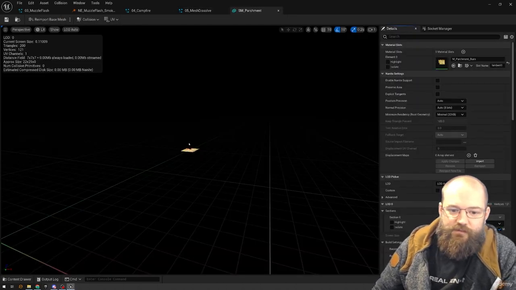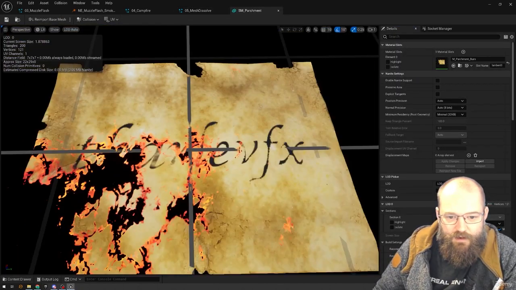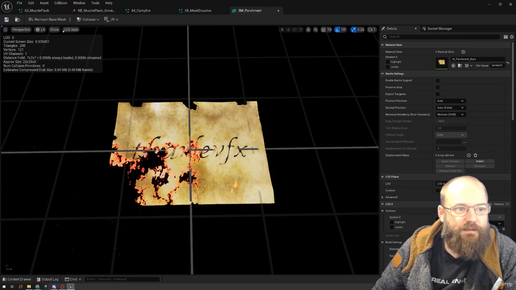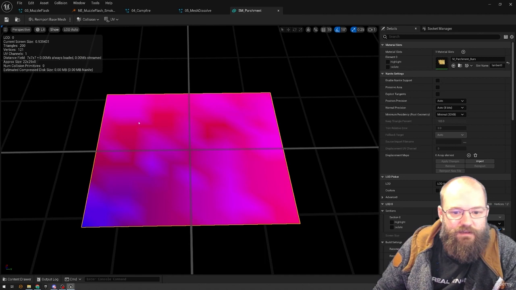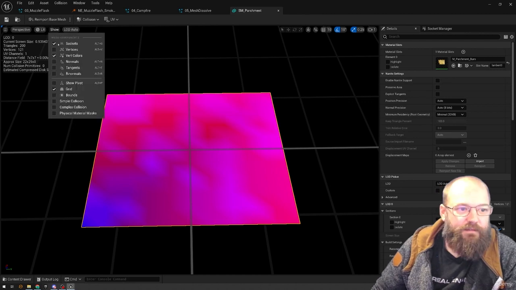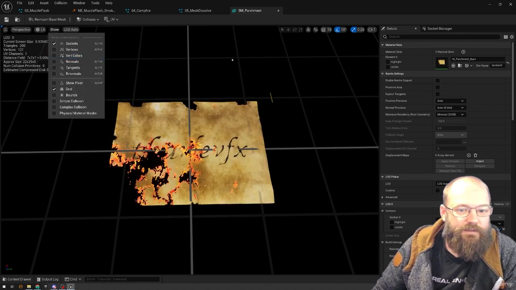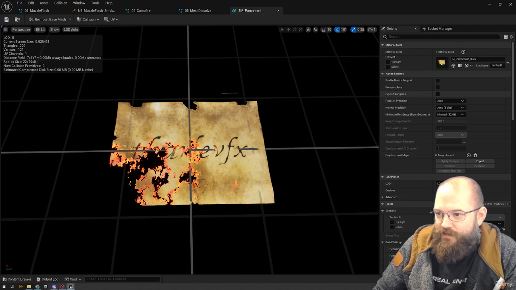It's a custom mesh, SM parchment. It has a material assigned to it, and it has some vertex colors. Looking at the vertex colors, there is some noise in the different channels, and we're going to use that to help break up our effect, which is a good start. And then looking at the material itself,